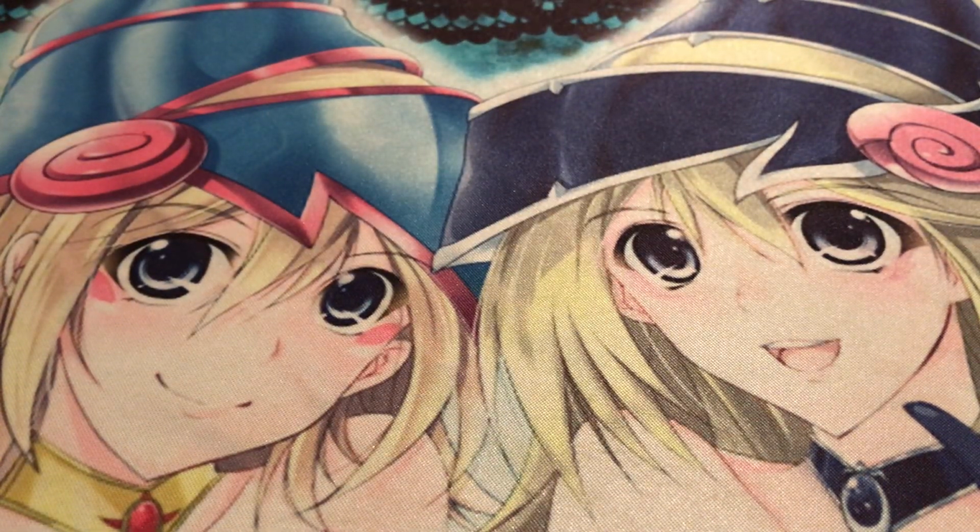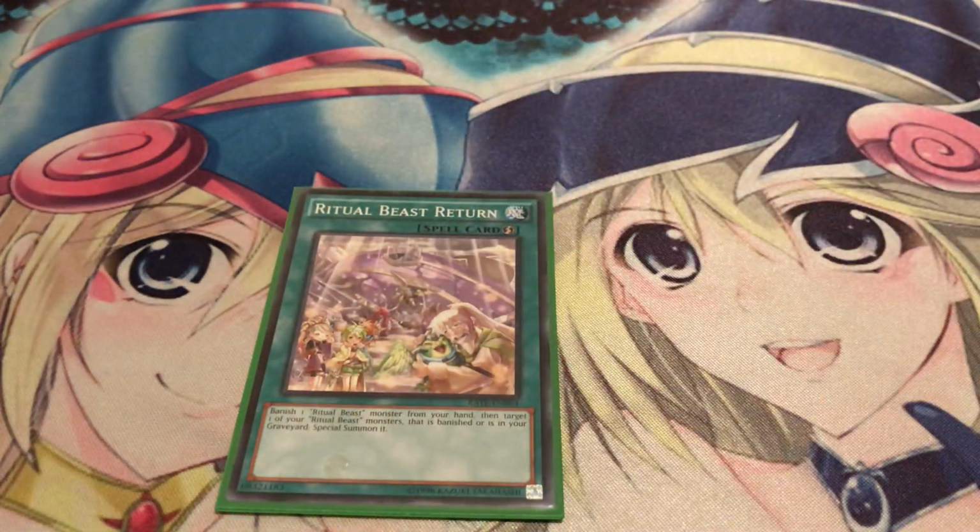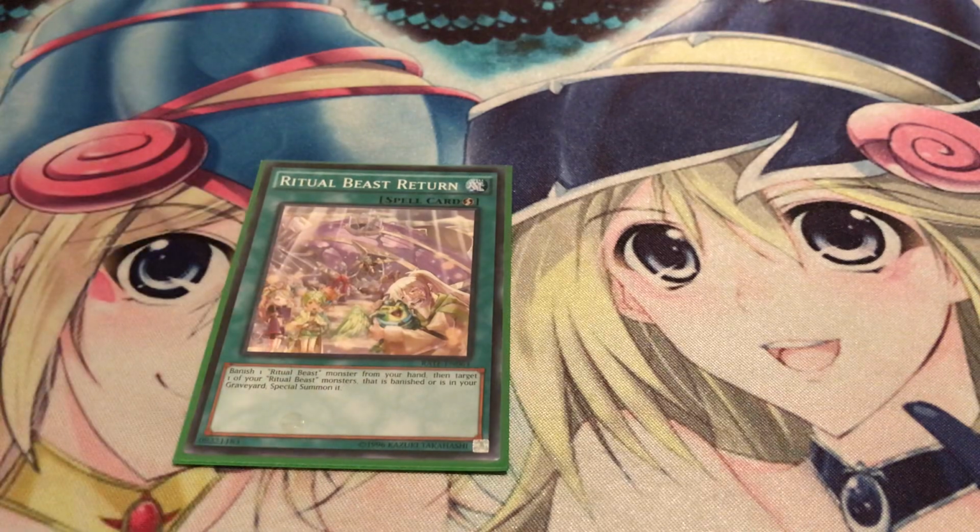Alright, so for spells, I'm actually running a lot of 1-ofs on this. I'm running 1 Ritual Beast Return. I'm not running Bond because Bond, like I said, is good, but it's kind of risky because you definitely want to summon the Ritual Beast extra deck monsters by the correct means. If you don't do that, you will not be able to get some of the benefits, so that's one of the things about it. But Ritual Beast Return, what I like about it is that you banish 1 Ritual Beast